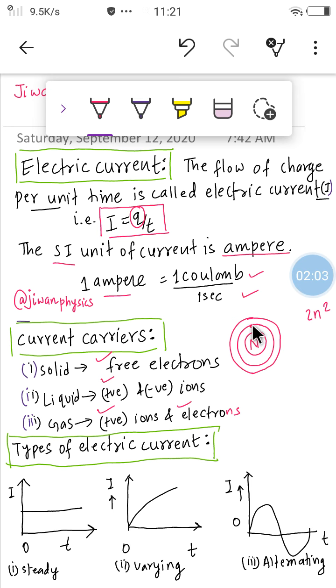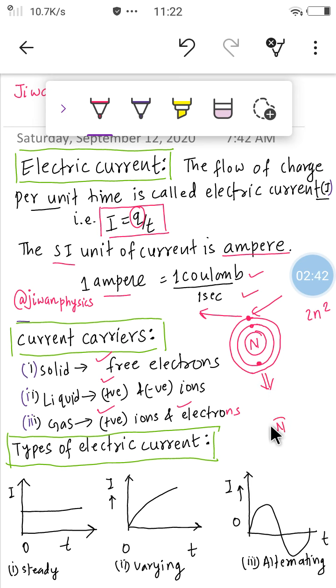Now we have two electrons in the innermost orbit, and let us take a single electron on the outermost orbit. Now these electrons are held by an attractive force because nucleus contains protons which are positively charged and electrons are negatively charged. Now suppose we supply energy to this atom, and if this energy is sufficient to remove this electron from the outermost orbit, that is if this electron is knocked out from this atom, then we can redraw this figure. So let me redraw.